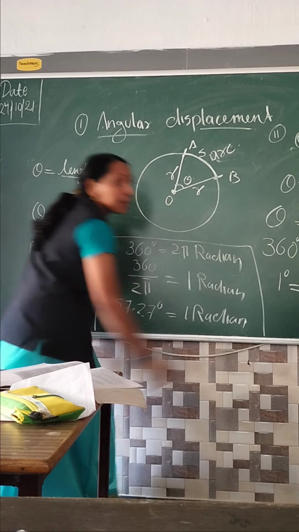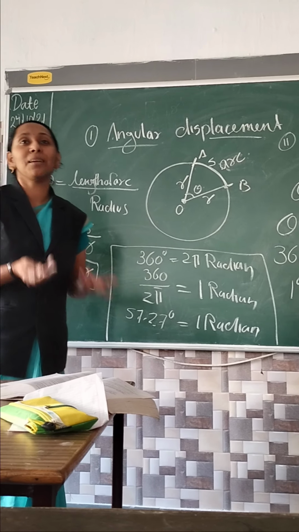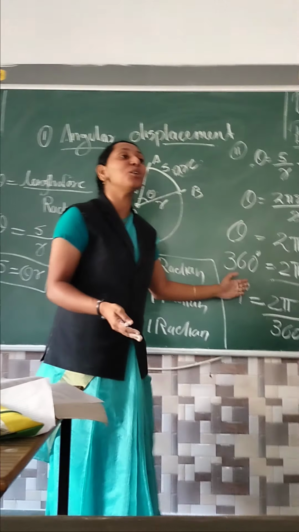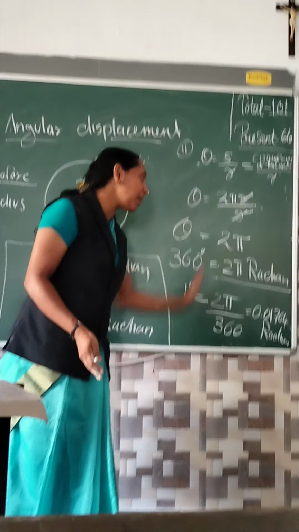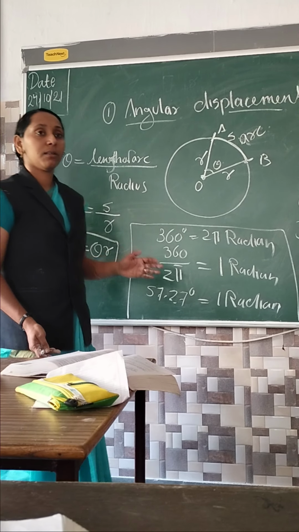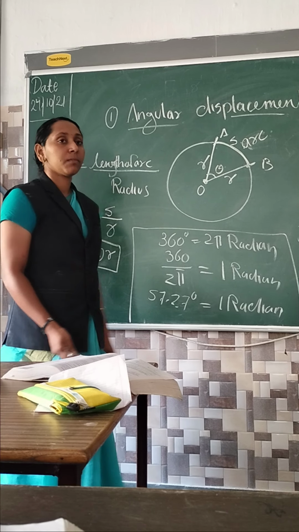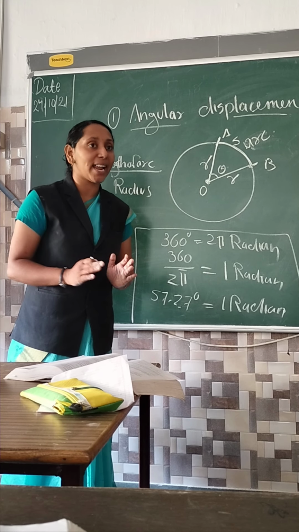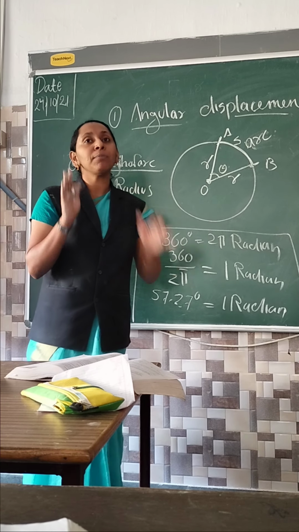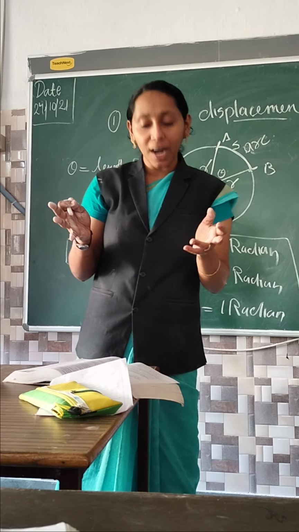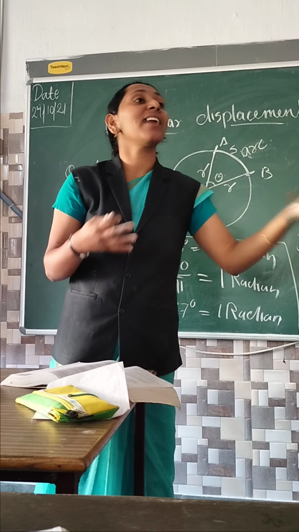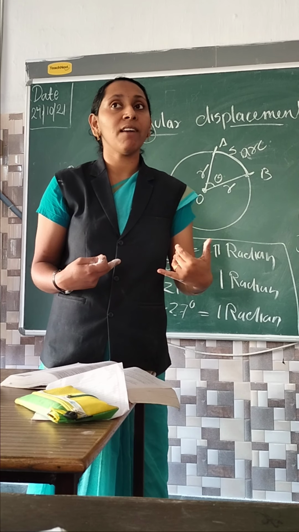Now everyone understood this comparison? It is simple, it is LKG UKG maths. What do we say? 360 equals 2 pi. So 1 degree means 2 pi by 360. Ma'am, here the value of radian is given as 57.27 degree in one place and 57.32 degree in another. 57.27 is the right answer. Don't talk here, just listen. That explains how to convert degree to radian and radian to degree. Clear, everyone? I hope you can understand this.